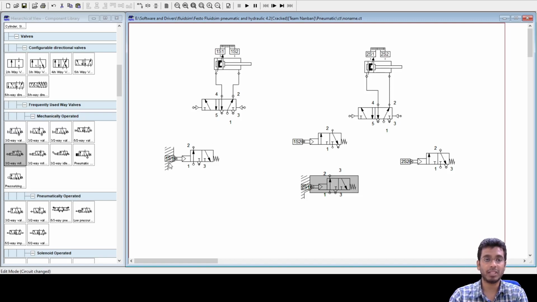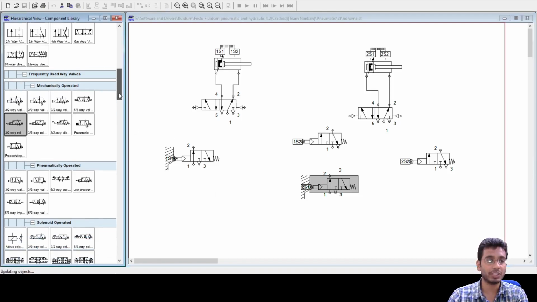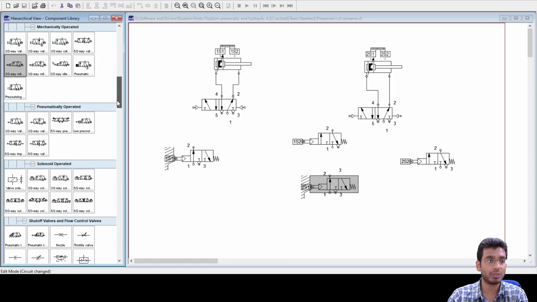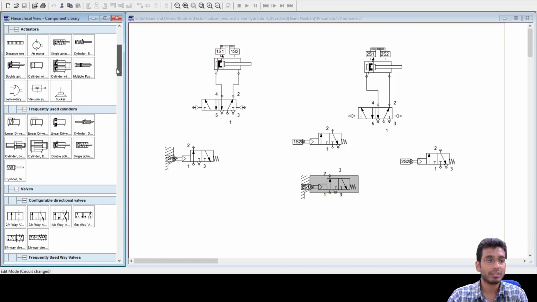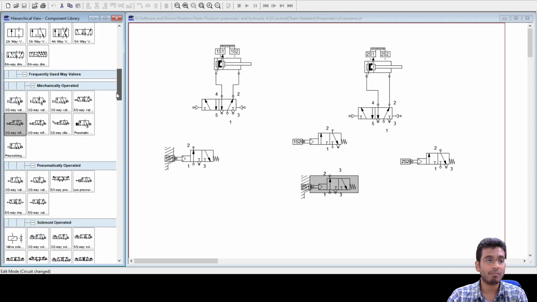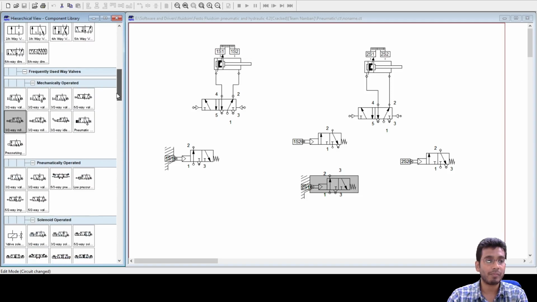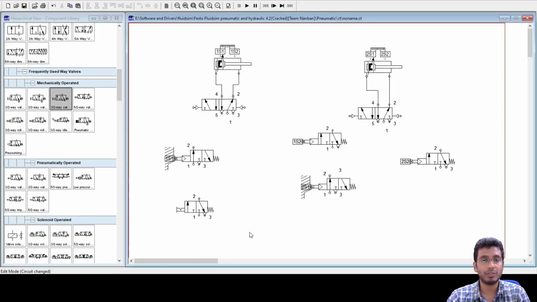This 1S1 valve is used to detect whether cylinder 1 is in completely retracted position or not. Only then your first movement, the extension of cylinder 1, should start. Since it will be a continuous circuit, I have to control this with a 3/2 valve.